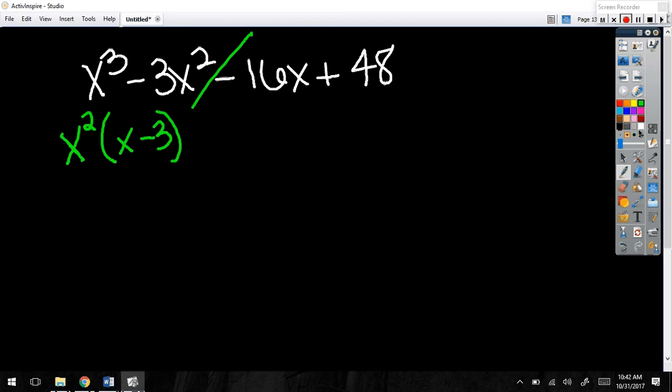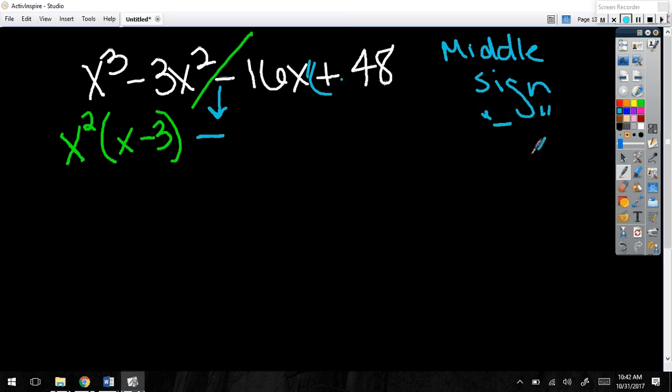Now, before you start taking out of the next one, remember I told you this sign has to stay, right? Yeah, so I have to minus. So if the middle sign is ever minus, it changes the last sign. Because remember we talked about when you take it out, you're dividing? If you divide this by a negative number, you're going to get a negative. So if the middle sign is minus, it changes the last sign. So then,